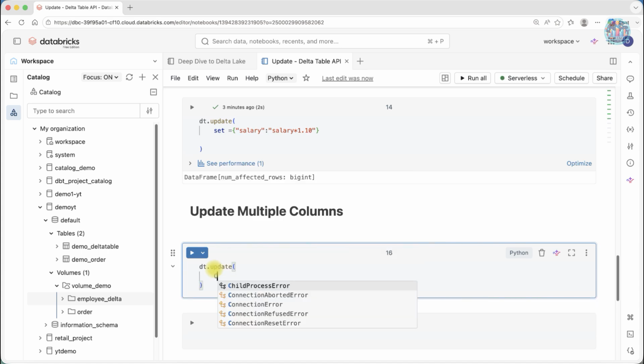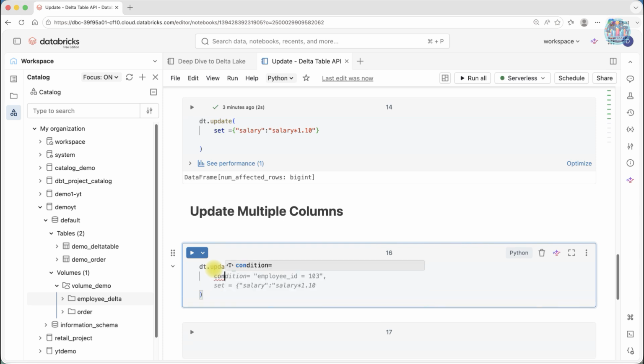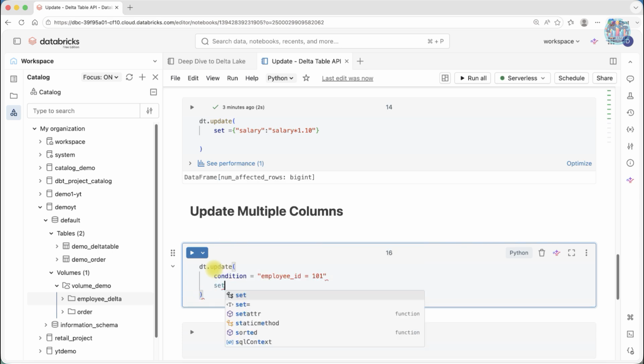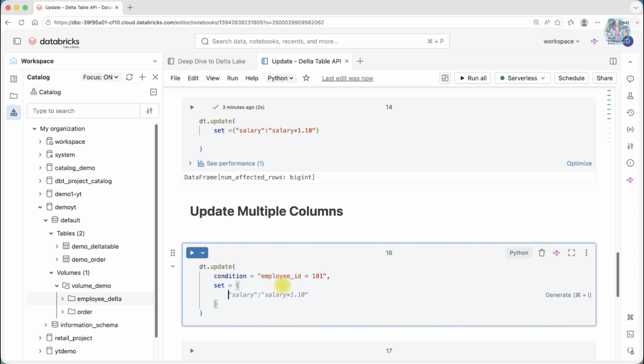We need to update only employee id 101. So let me use the condition in quotes, employee_id equal to 101. I want to update this only, and then use set. First we need to use a comma, then use set, and then in curly brackets